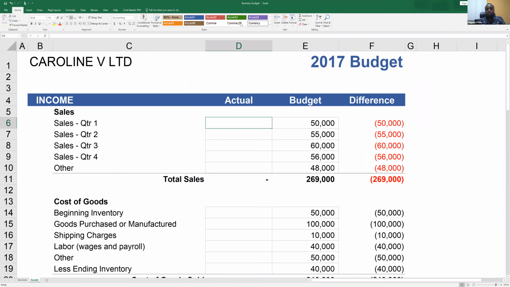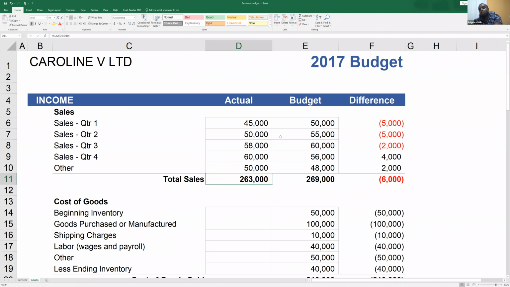but you are able to sell only 45. Second quarter, you sold 50. Third quarter, you sold 58. The fourth quarter, you sold 60. And the last, this one, others, you sold 50. So clearly, it will be able to help you when now you are having a budget for the next year. This budget is for 20,